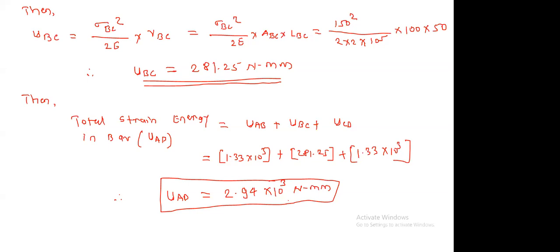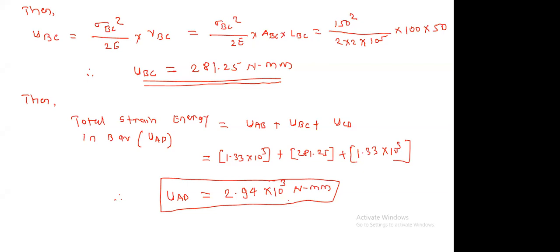Then we have derived the remaining two derivations. The formula sigma is equal to P upon A for the gradually applied load. The formula sigma is equal to 2P upon A for the suddenly applied load. These two derivations are also very, very important. And then I have given the direct formula of the impact loading condition. Sigma is equal to P upon A in square bracket 1 plus square root of 1 plus 2H upon delta